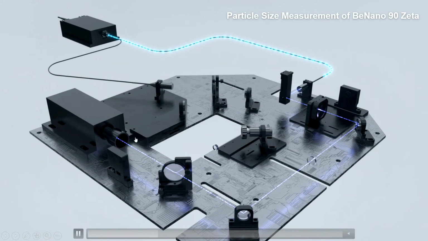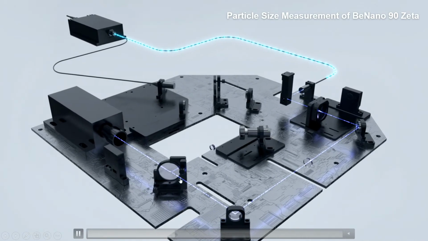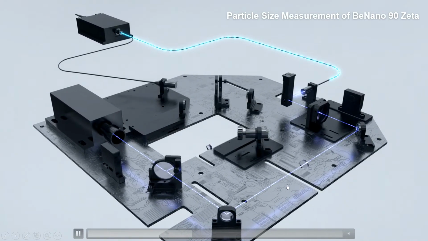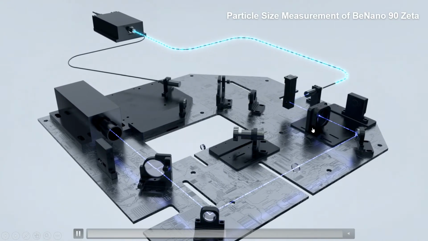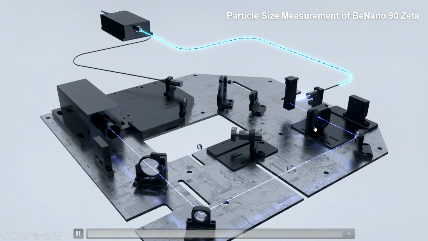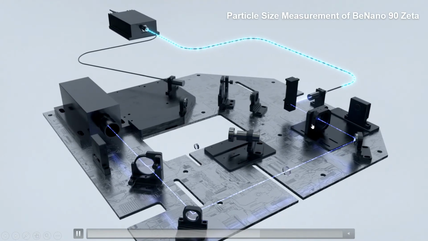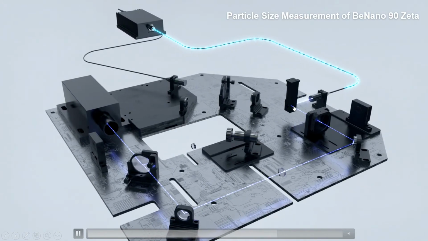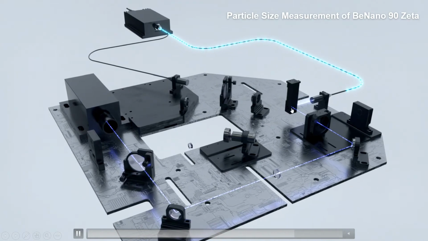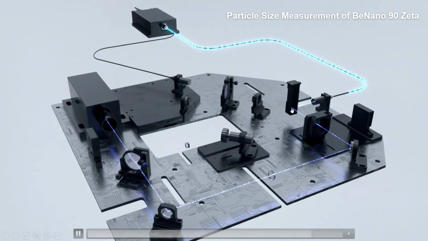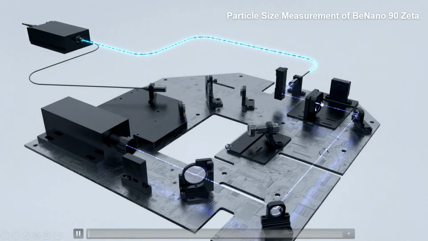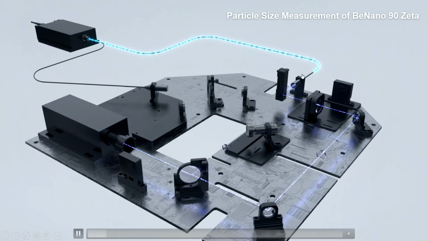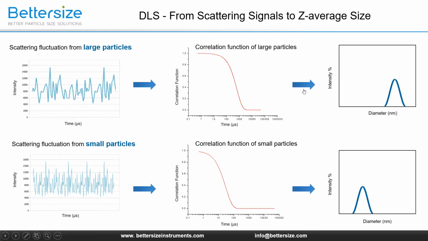During particle size measurement, a vertically polarized laser beam illuminates the sample cell after being reflected by two mirrors. The attenuator adjusts the intensity of the incoming laser beam. The sample is placed in the sample holder that is capable of controlling the temperature with high precision. An APD detector aligned at 90 degrees collects the scattering of the particles and records it with time.